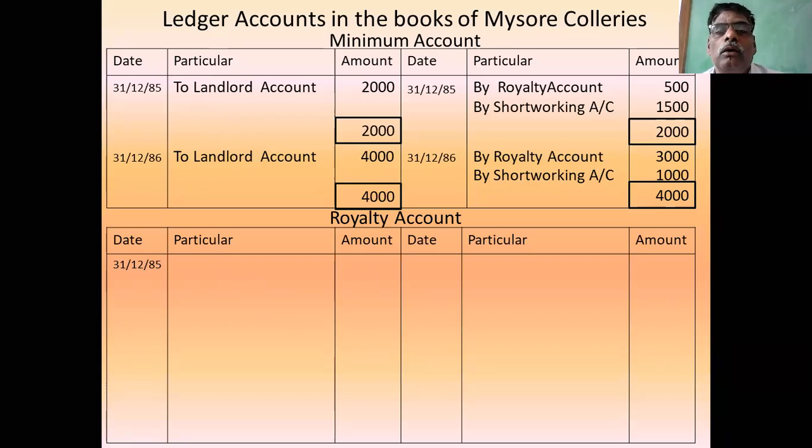But for the minimum rent account period, how many years do you prepare the minimum rent? For the minimum rent account years, you have to write